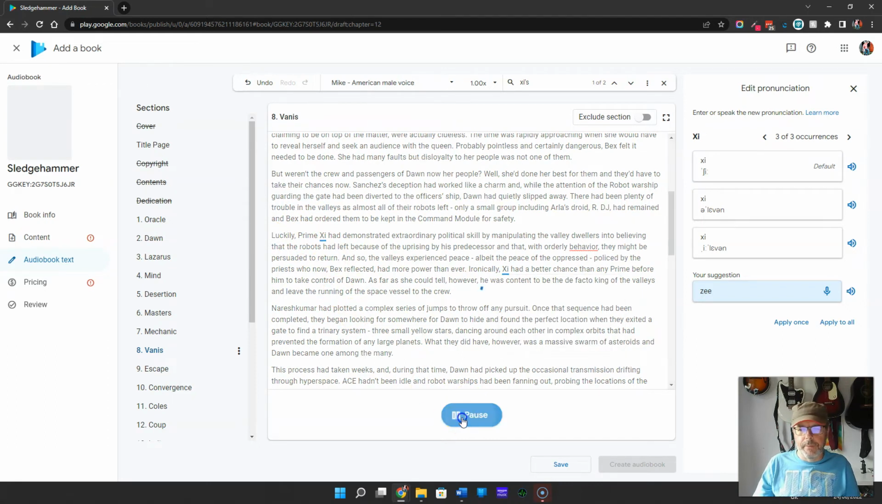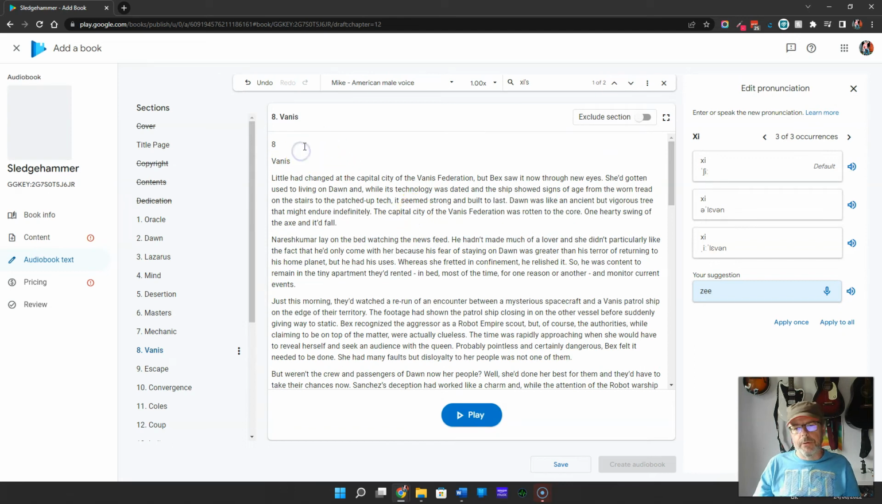We're going to play this paragraph. Luckily, Prime Z had demonstrated. So that's fine. Okay. And that process is what I will do throughout